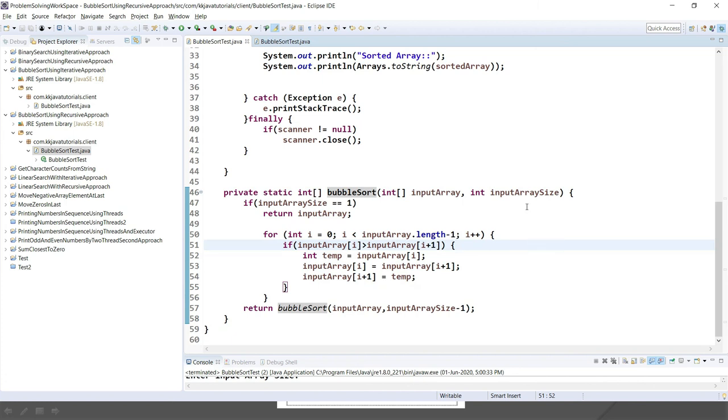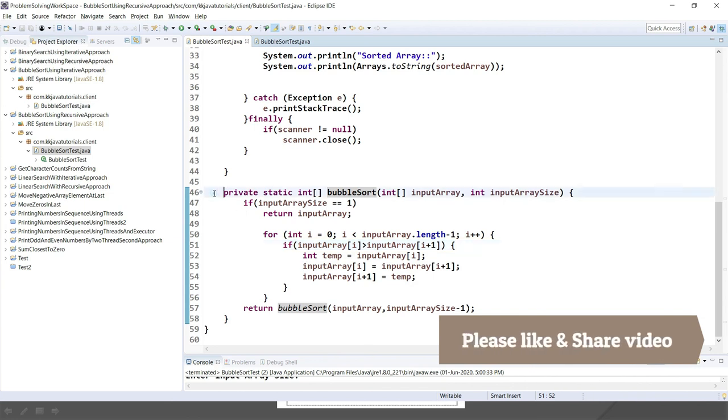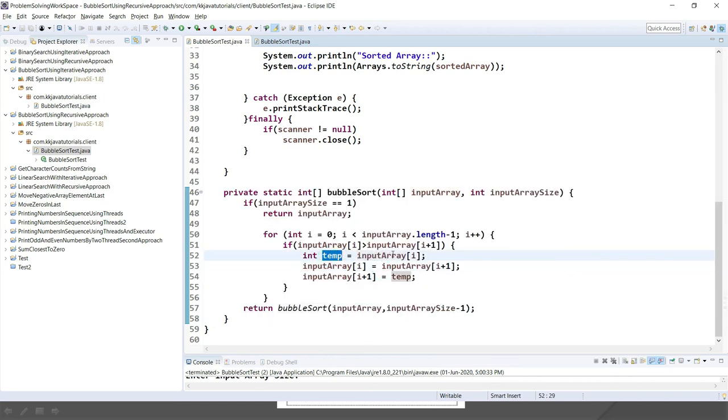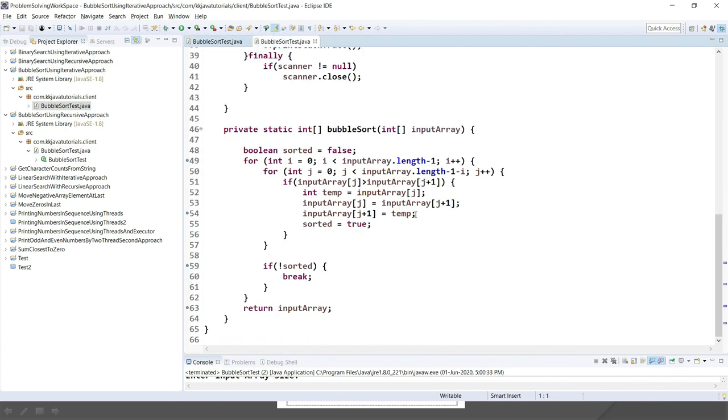In terms of space complexity, it would be more in the case of the recursive approach, because this is using the recursive approach. This variable is holding O of n. Apart from that, there is a memory overhead, because the call stack is going to be stored in the stack itself. But in bubble sort, the space complexity would be O of 1, because we just require one third variable to store one input.